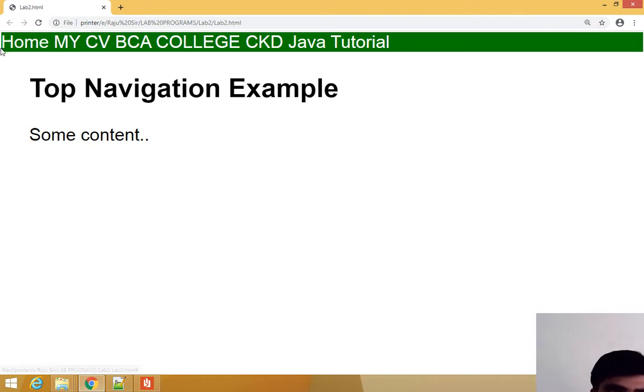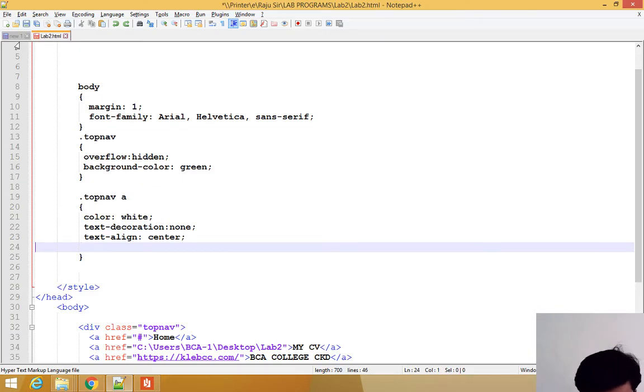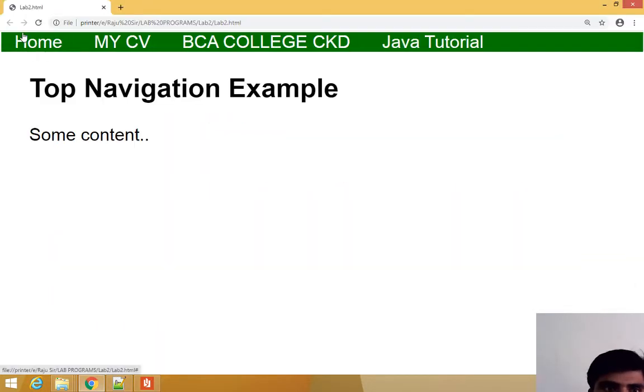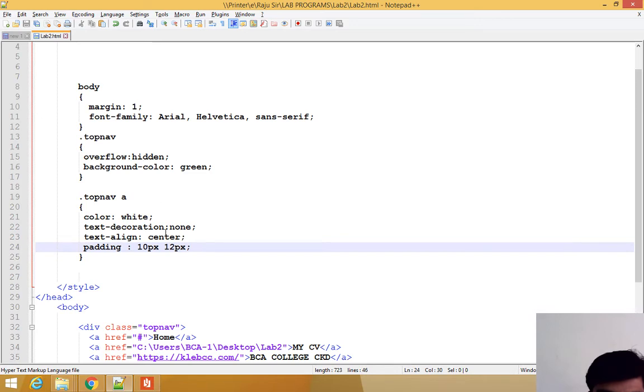So I want to give some space on the left side, top side, right side, and below side for this content. Adding space between the border and the content is called padding. Then save again, see, like this. So this is padding. You can change it here also to 12, or 20, and you can see the difference.